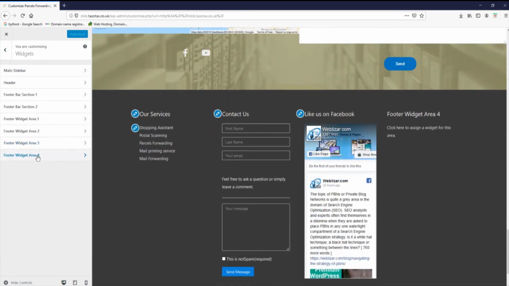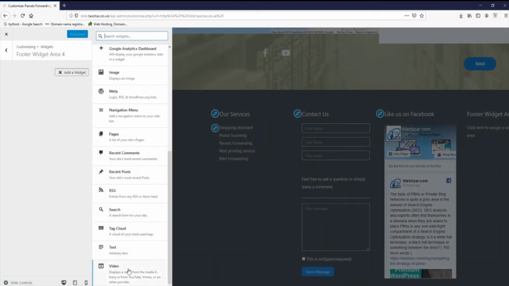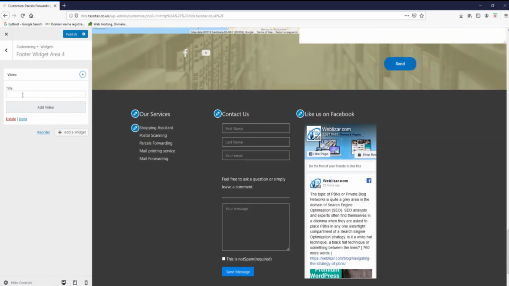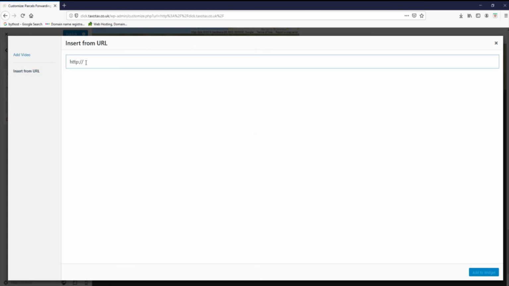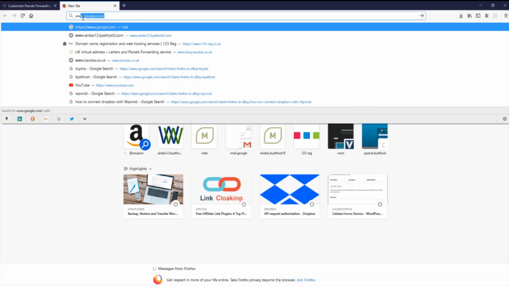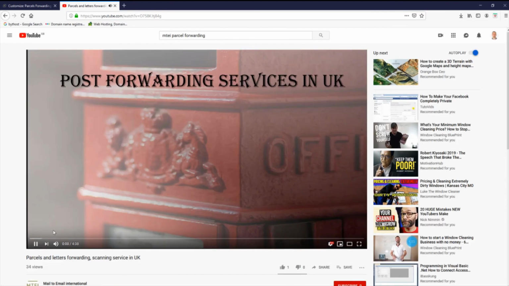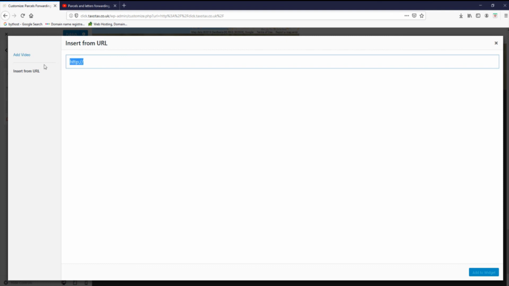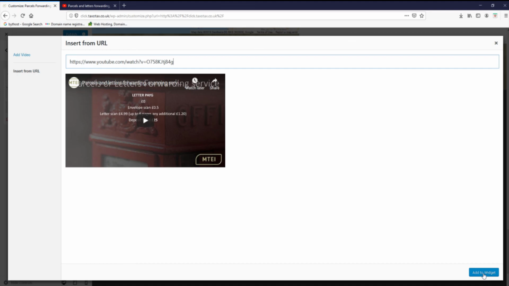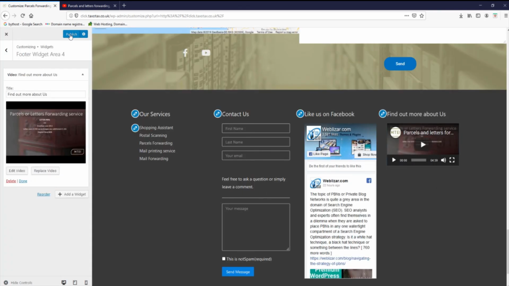And now we're gonna go back and we're gonna add a widget, and we're gonna have a video widget. We're gonna type find out more about us. Add video. Insert from URL, and you need to paste the URL. So if you go to YouTube, you can basically paste any video. You just copy this and go to customizer and paste the link here and press add to widget, and you can see it displayed. Press publish,